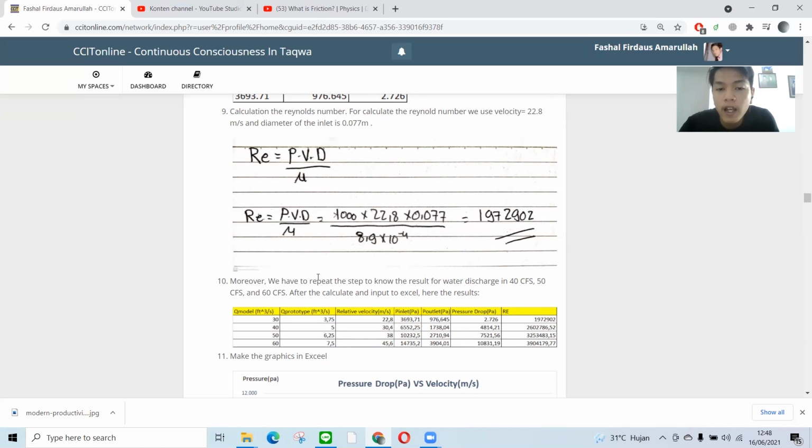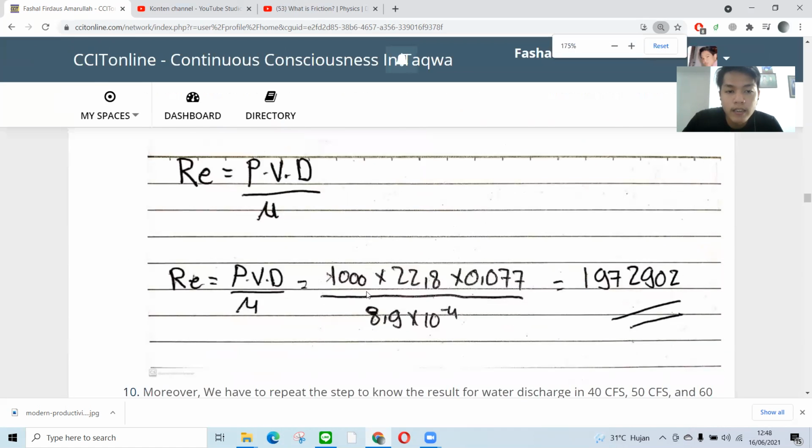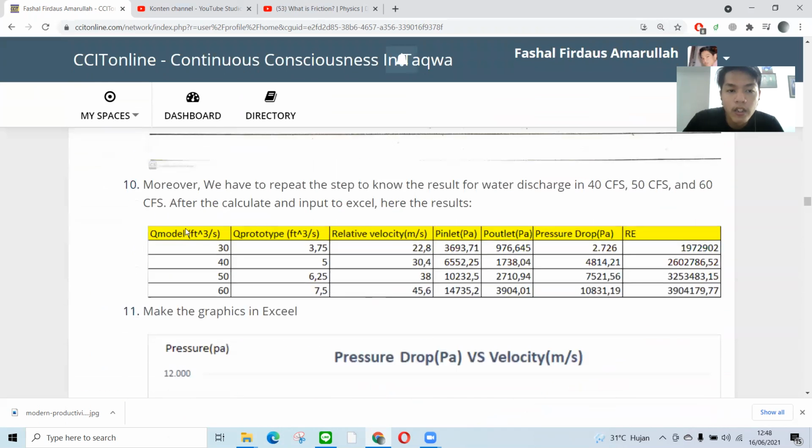After calculating and inputting into Excel, the result will be like this. Here we can see the Q model from 3 up to 60. We can see the inlet pressure, pressure drop, and Reynolds number.